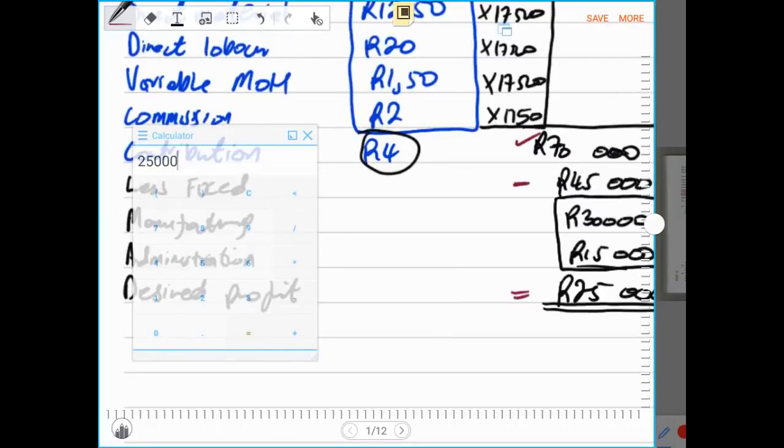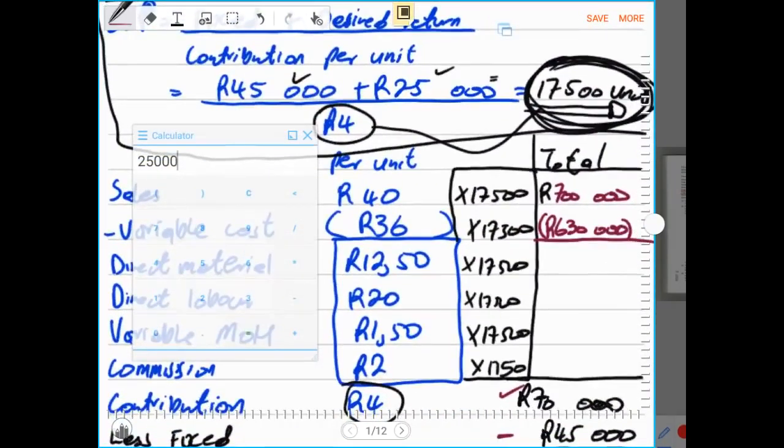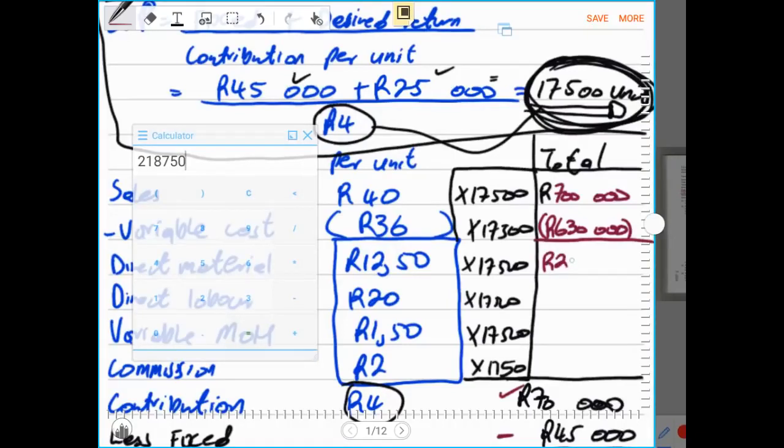So whenever you are doing a marginal income statement where there is a desired profit, make sure that you calculate it in this manner. So in this case, we have taken this into account. Then we must do the cost for each cost element. 12 rand 50, which is direct material, times by 17,500. Then this will be a total of